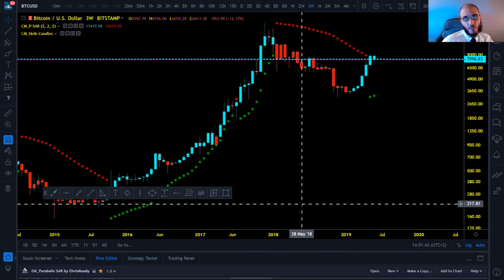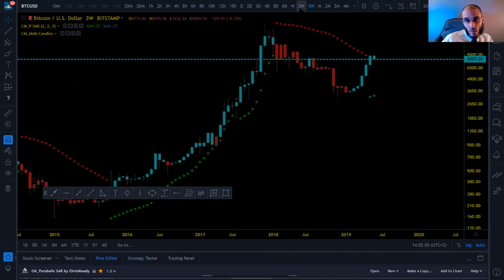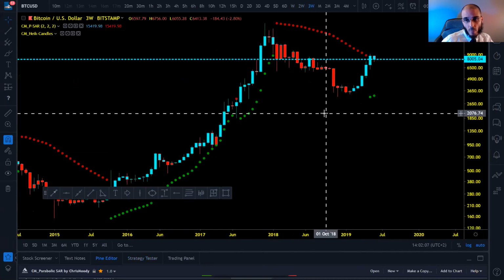Next chart. Today, we will be faster than yesterday because I don't have to reload and set up all my charts again, which is very nice. Let's see if that stays this way until the end. 3-week chart is positive, and 2-week chart is positive too.